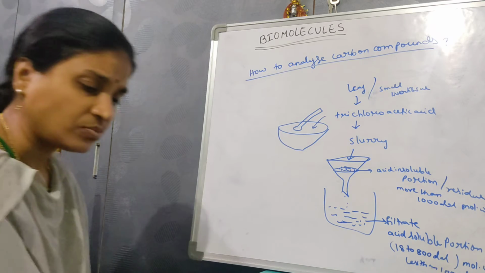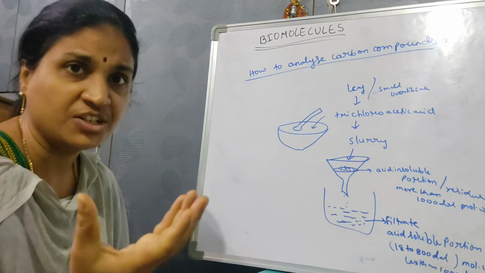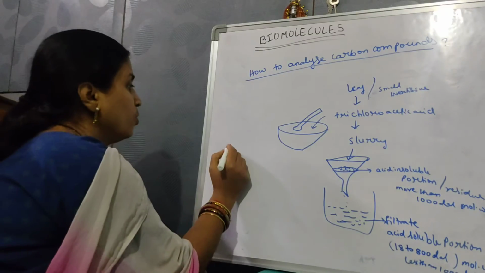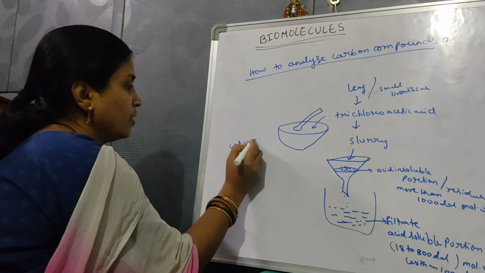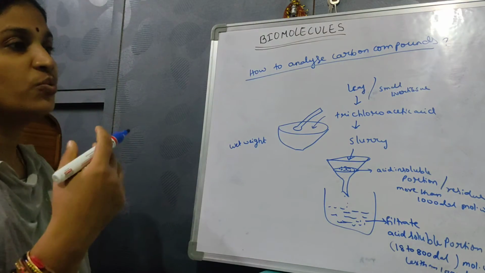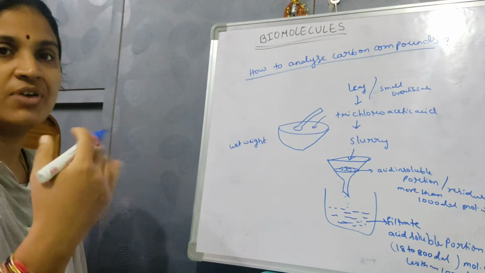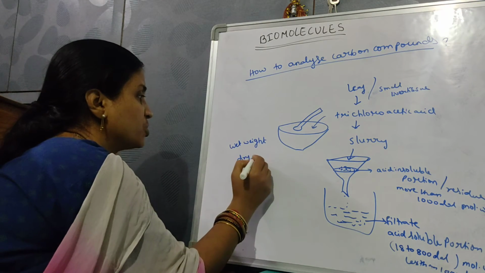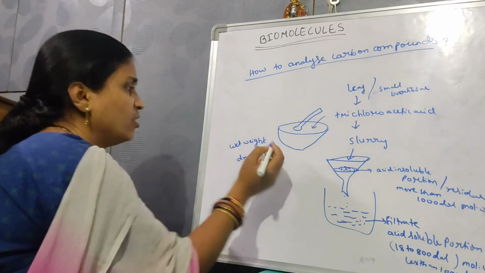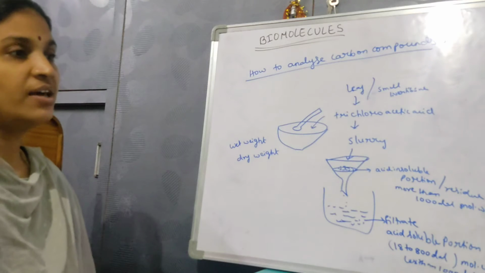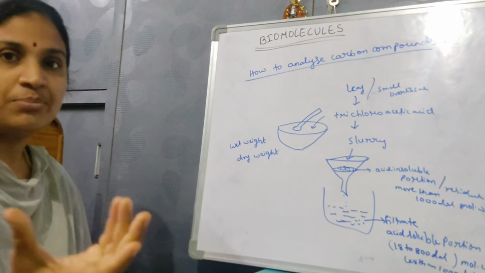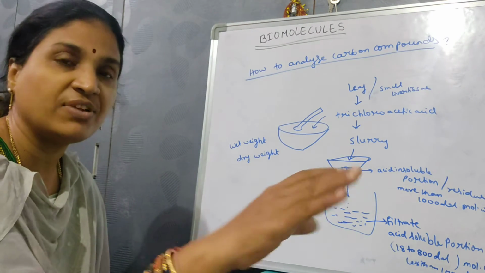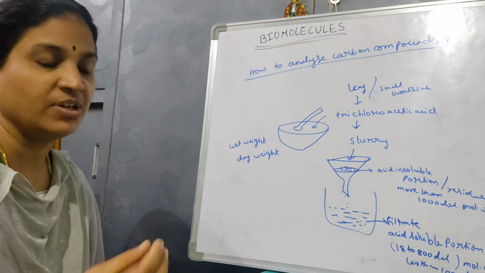And also, if you take a living tissue, a leaf or a liver piece, and weigh it, that particular weight is called wet weight. Sometimes we weigh after drying also, when all the water evaporates and it gets dried. That particular weight of the living tissue is called dry weight. Both dry weight and wet weight are important for living tissues. For example, tea powder is dried leaves, so the fresh leaf weight will be different and the dried leaf weight will be different.